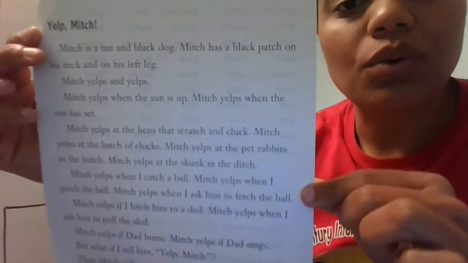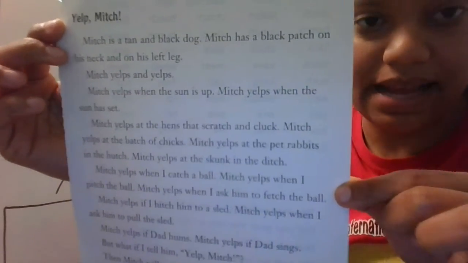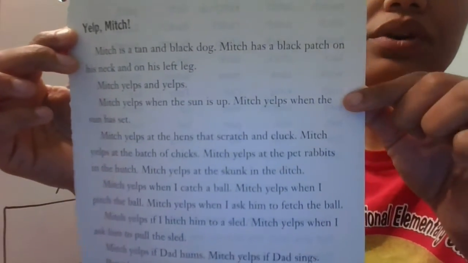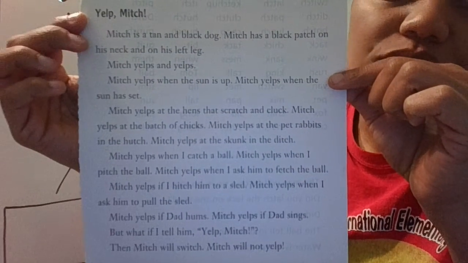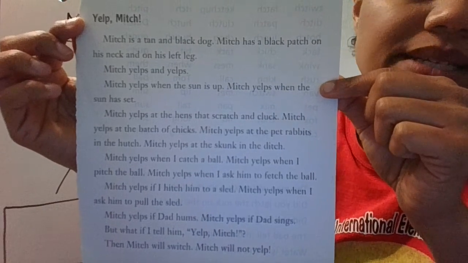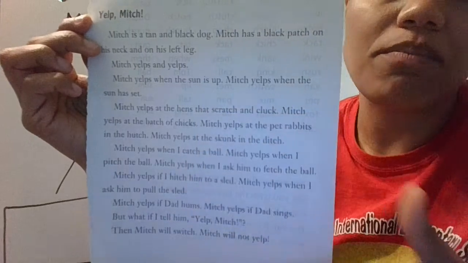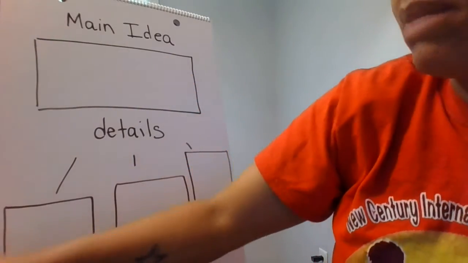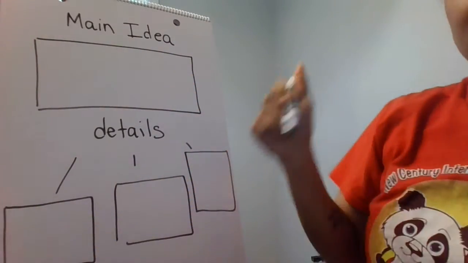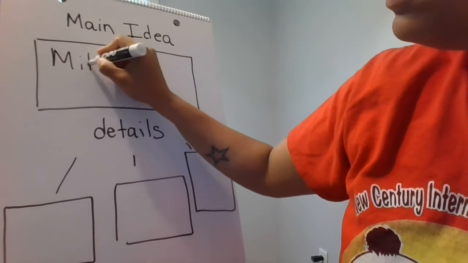So again, remember, when I have that TCH at the end of a word after a vowel, it's just making that ch sound. So throughout the story, I want to think about, well, what is the main idea? What is mostly happening? I feel like in each paragraph, they're talking about different times when Mitch likes to yelp. But the whole passage is all about Mitch yelping at all different types of activities. So when we talk about the main idea, or what my text is mostly about, for this text, it is mostly about Mitch